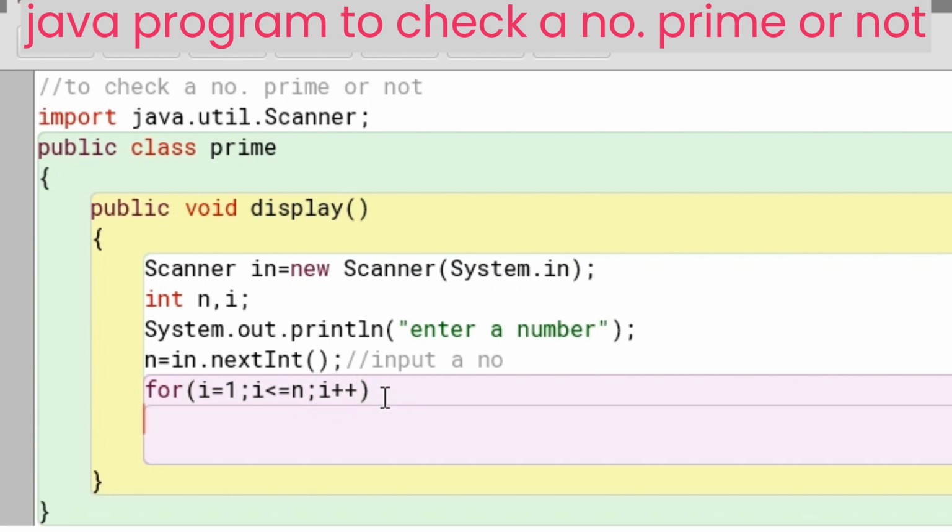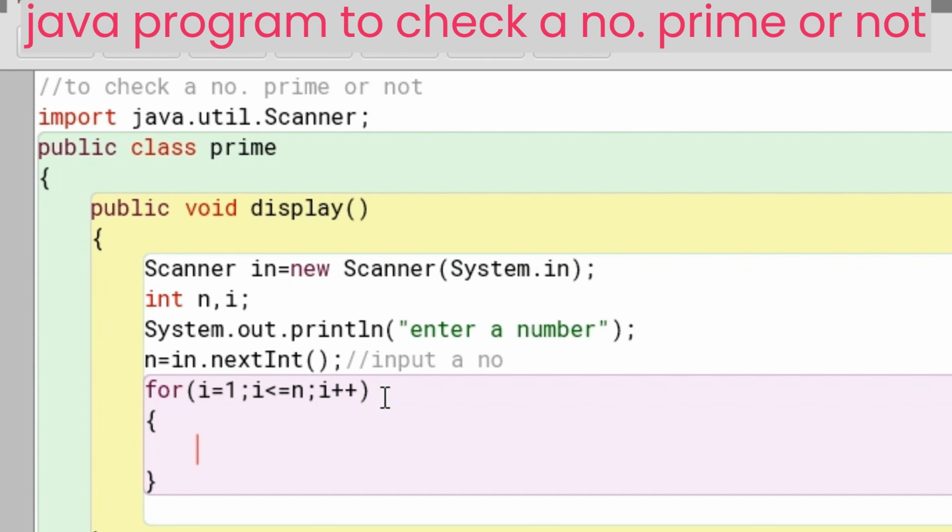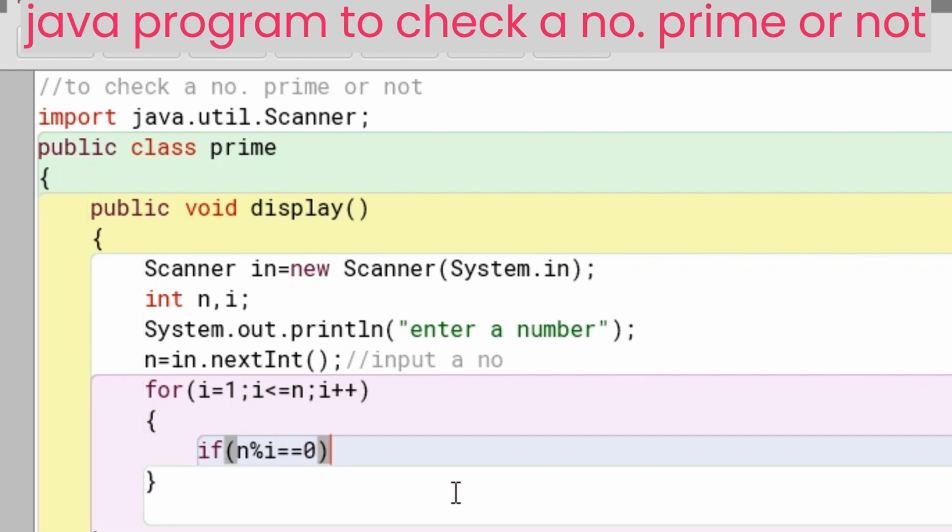We have to check this number is divisible by 1 and itself or any other numbers are there. You see, for i equal to 1, i less than equal to n, i plus plus. If n modulus i equal to 0, we have to write double equal. If n modulus i equal to 0,